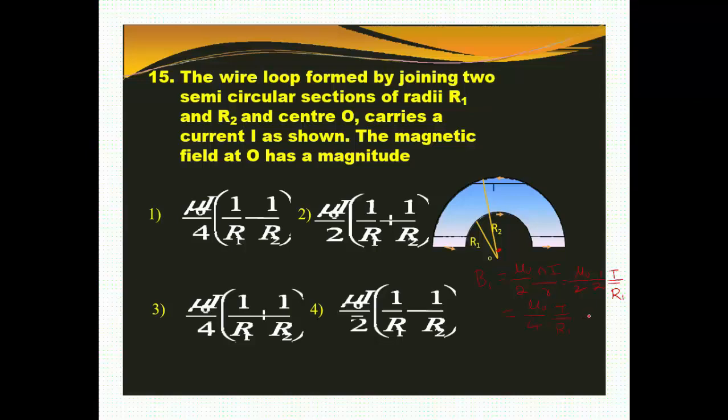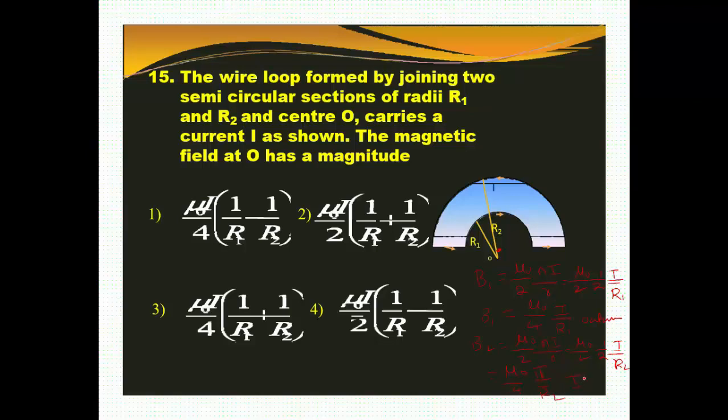Now, according to right hand clasp rule, the magnetic field will be what? Outward. Okay, B1. Second one, magnetic field due to outer coil, B2 equal to, same formula, mu naught by 2 N I by R, so mu naught by 2, N will be again semicircle 1 by 2, I by, current is same but radius is R2. So it will be mu naught by 4 I divided by R2. It is inward.